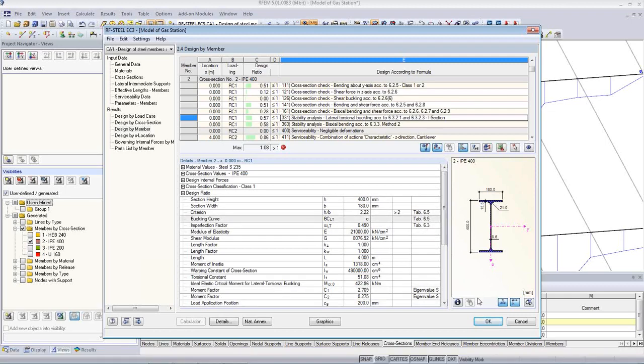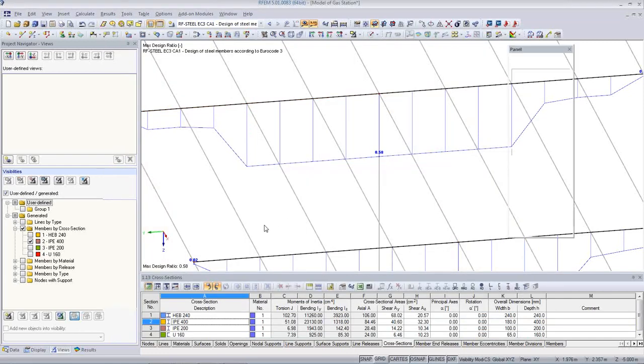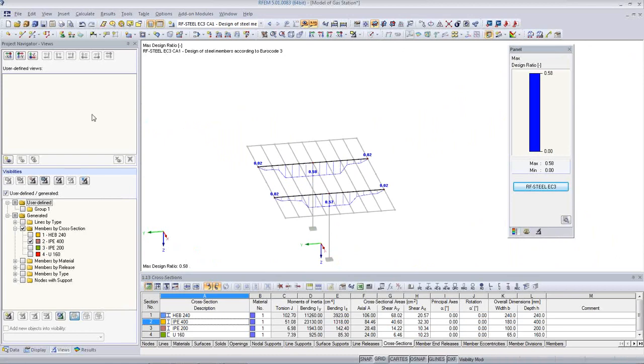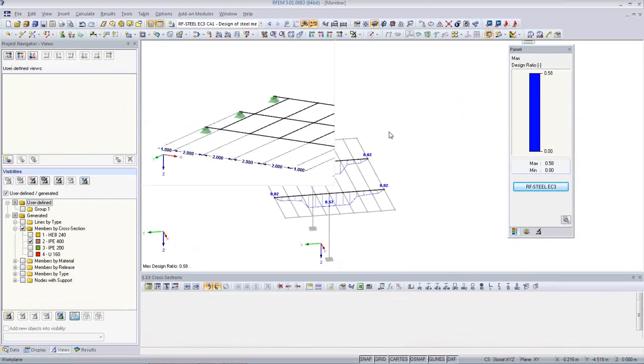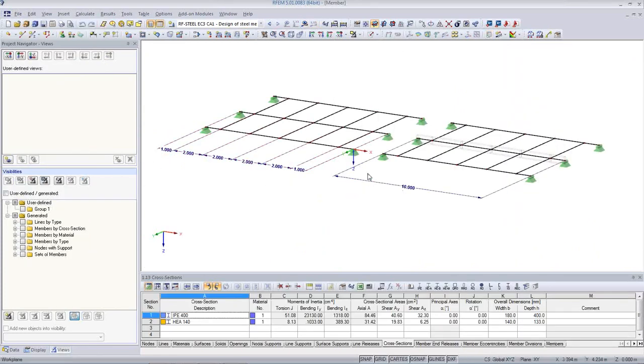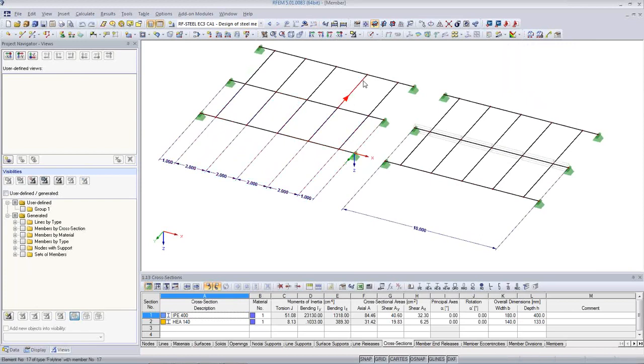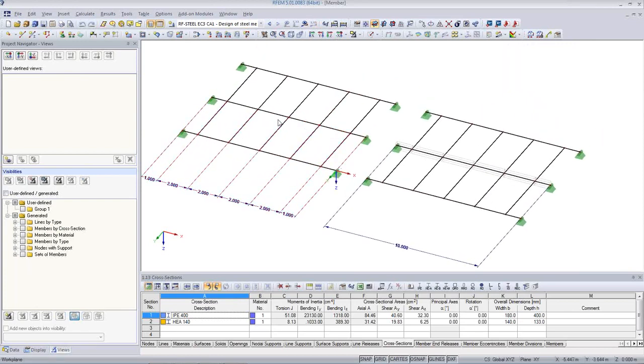The next question, or maybe there's another question that says, what about those set of members and how that works? How I'm doing this, I can show you in another model. I have a similar situation here where I have two models, one which is the intermediate beams, and one has the same model with the same loading with the